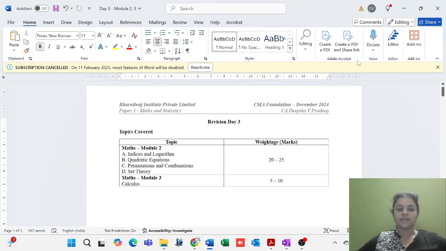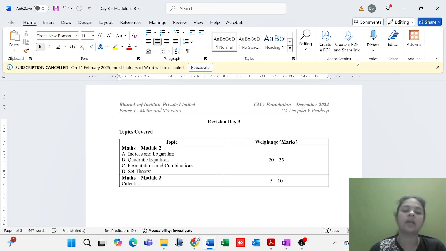Very good morning, friends. We are going to start with our day 3 of our revision, and in day 3 we are covering two modules left out in mathematics, which is module 2 and module 3. Now in module 2, it's a combination of 4 chapters: indices, logarithms, quadratic equations, permutations, combinations and